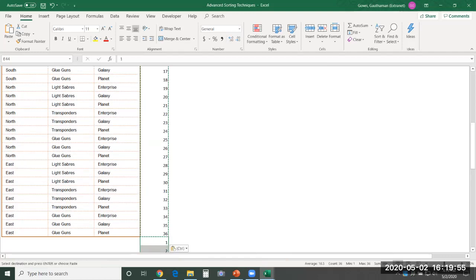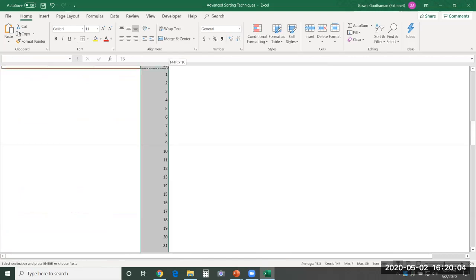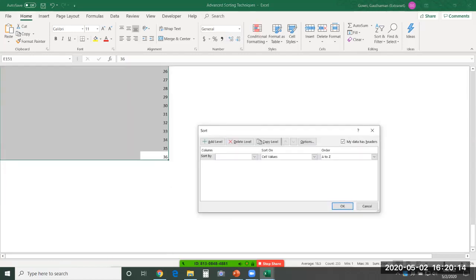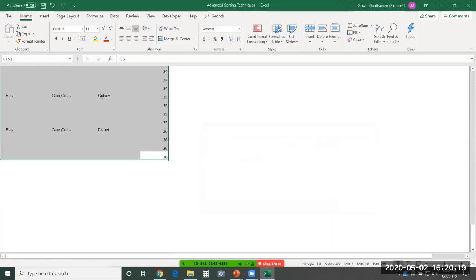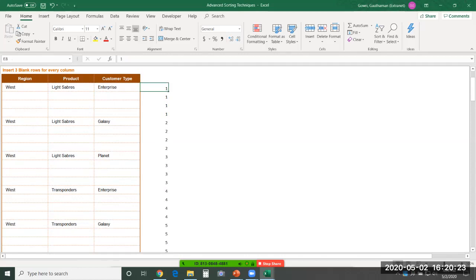Now I'm doing a task to insert 3 blank rows after each row that has got data in it in this sheet. Let me select this. We have data over here. I want 3 blank rows after each row. So what we can do is sort it. I'll go to the last column. So we got it so quickly. These tricks will be shared with you. So what are the things that we are going to do here using sorting?